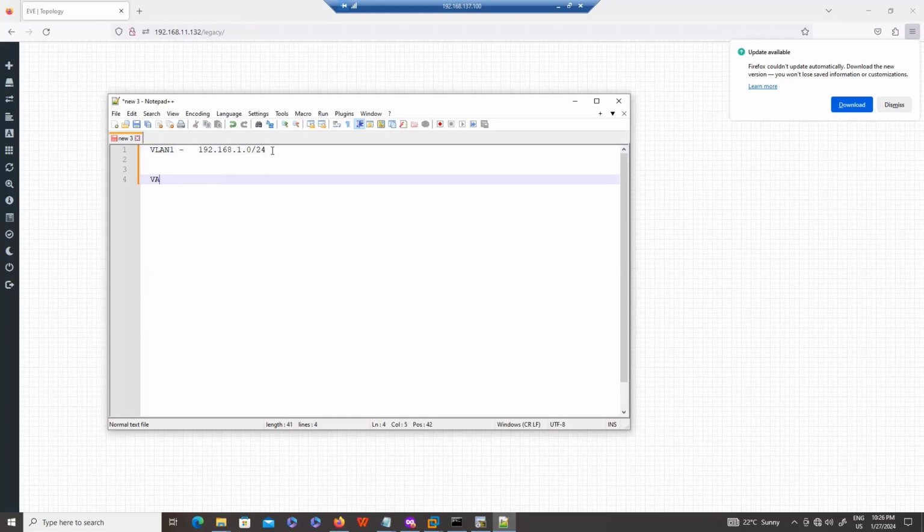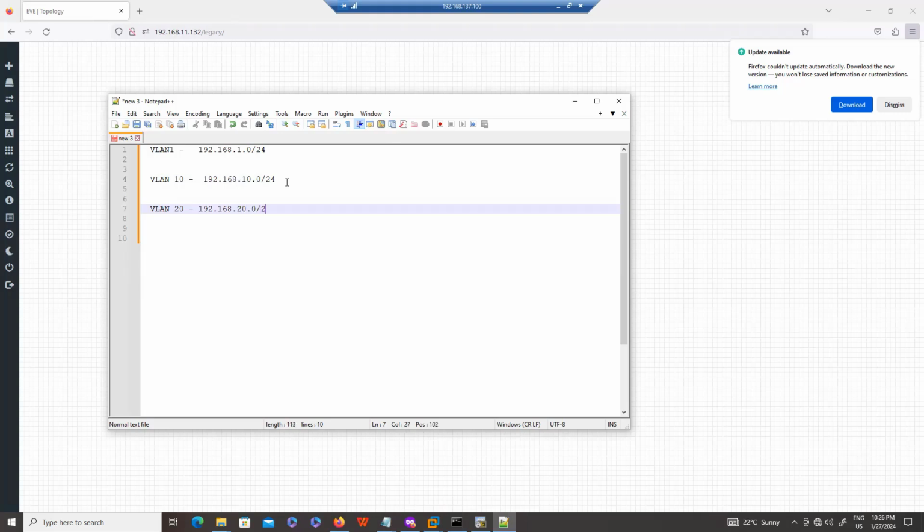Again, if you have, let's say, another VLAN, VLAN 10, for VLAN 10 I'm using the subnet 10.0/24. All my PCs which are in VLAN 10 will use this subnet. I've seen that not every company uses an IP schema like this, but this is very easy to remember.